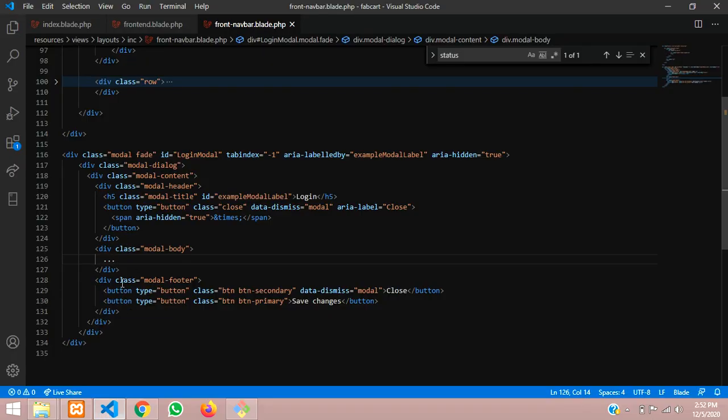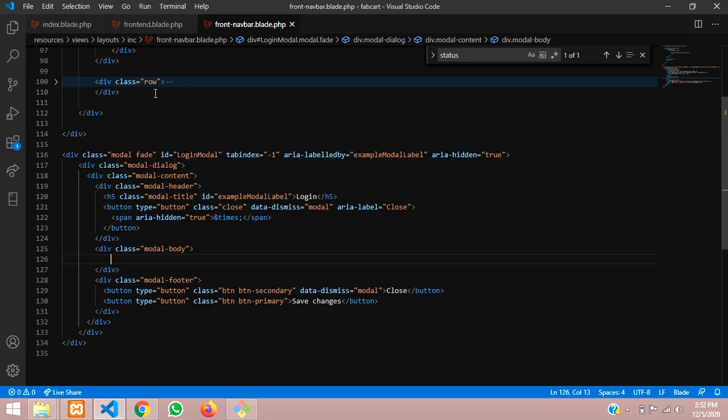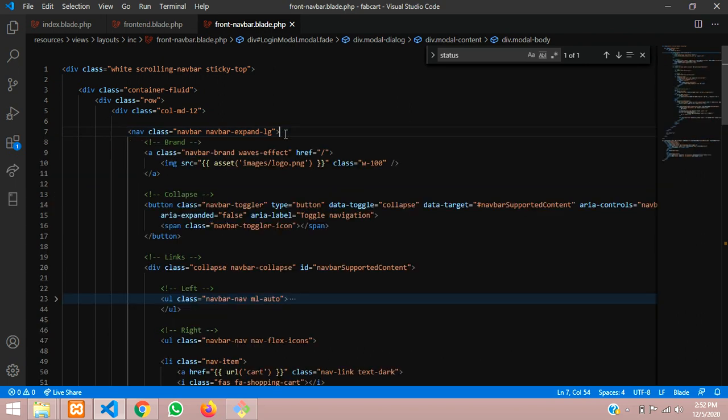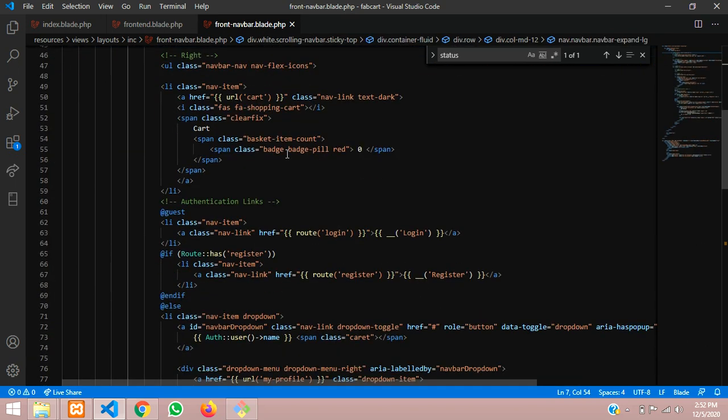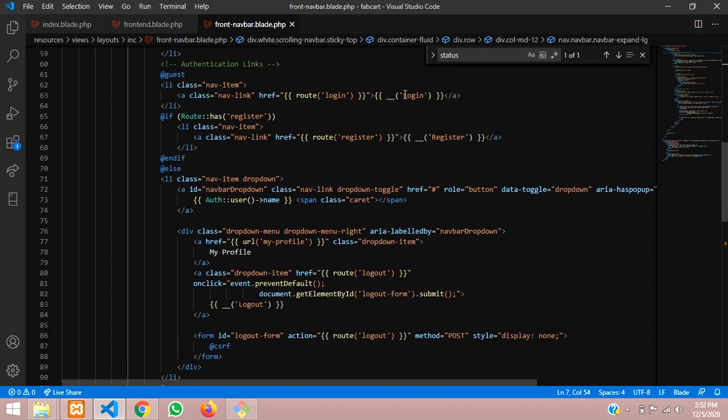Now we are going to paste the login form over here. Before that, if you click login here also, the pop-up modal should come, so let us replace that also. This is the navbar, and here is the login button.